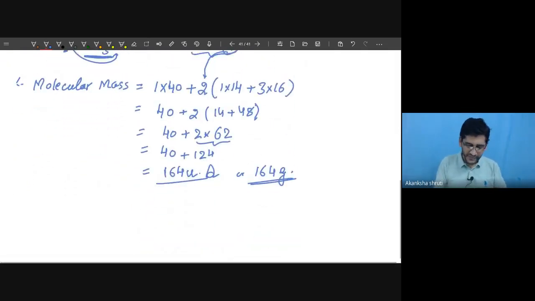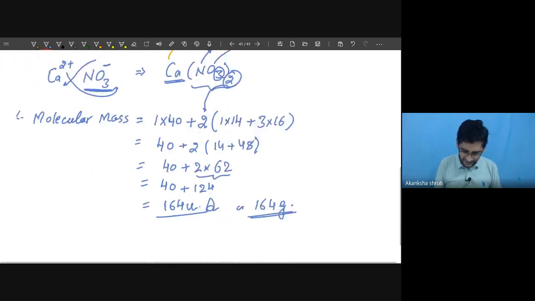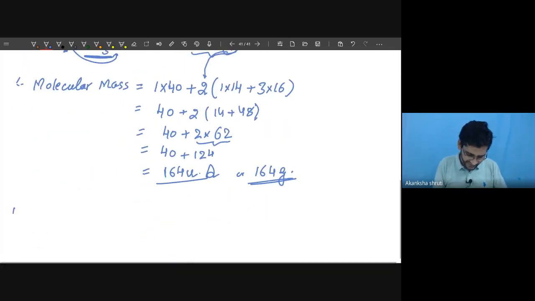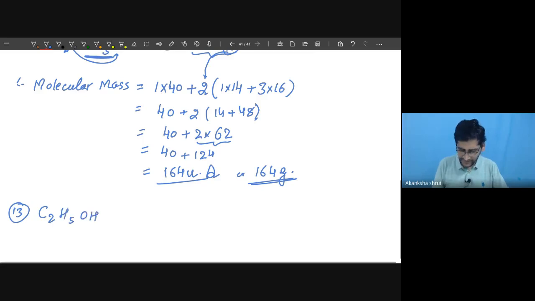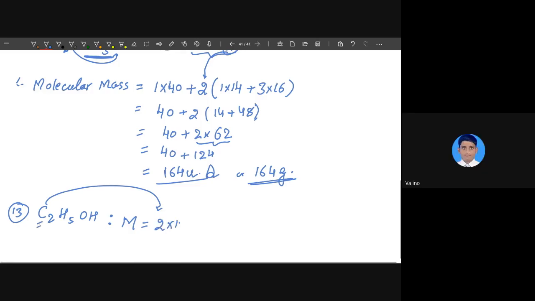Students, here the simple ones like methane or other things are given. Say the 13th one. Say ethane or ethanol is there. Say C2H5OH. If it is written like this, what will be the molecular mass here? Molecular mass denoted by M. Take this carbon. Carbon is how many times? 2 times. That 2. Mass of carbon 12.